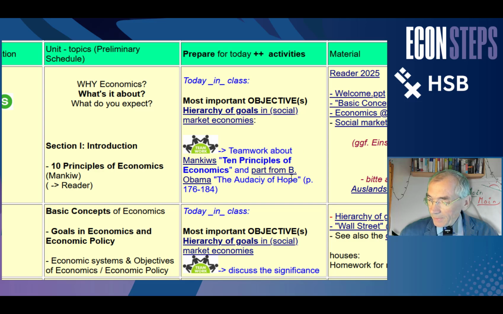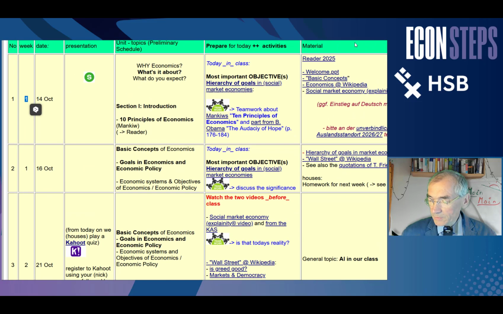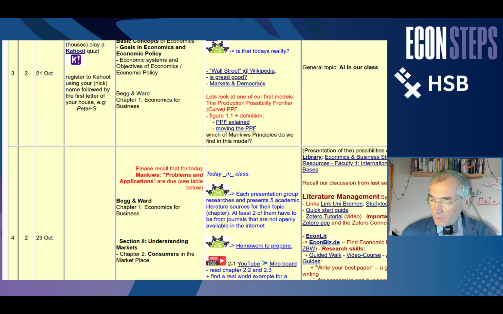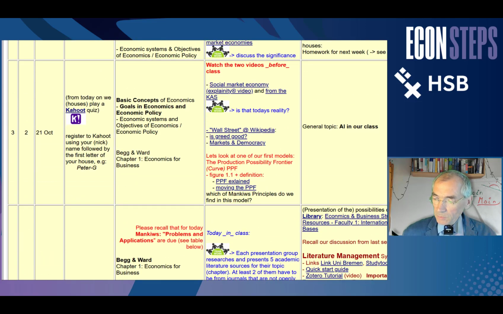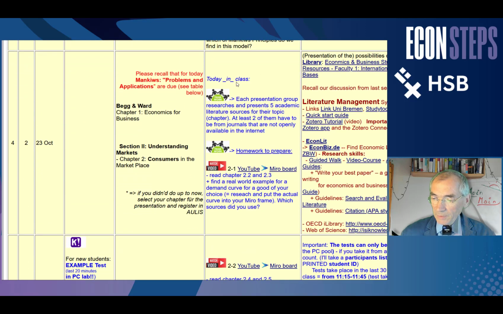Here you see background information. There are links in this middle column, prepare for today and activities, plus the background material, which gives you more insight. When we go through the classes, of course, we start with introduction, with general topics, but then already here in session 4, in week 2, in this case 23rd October, but they can be different depending on the class,